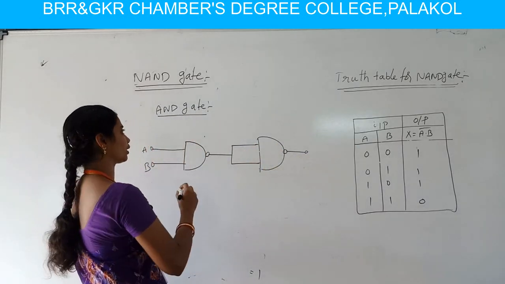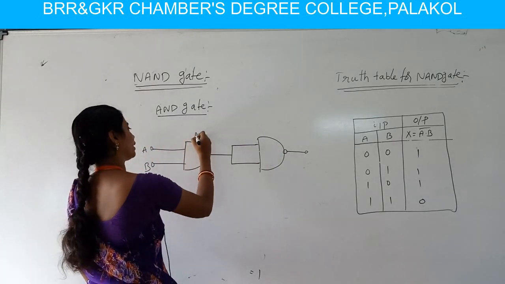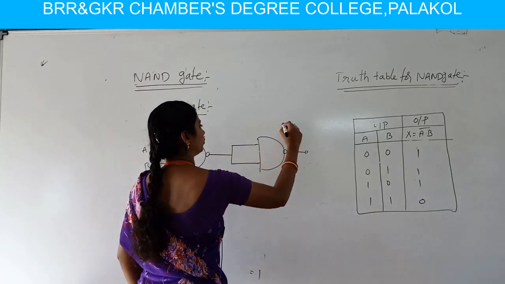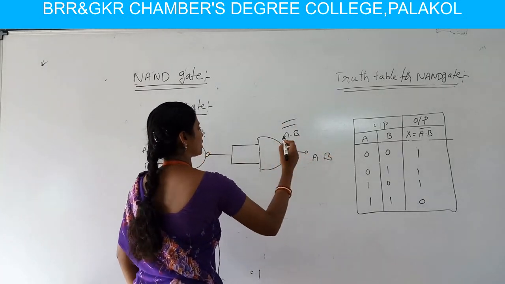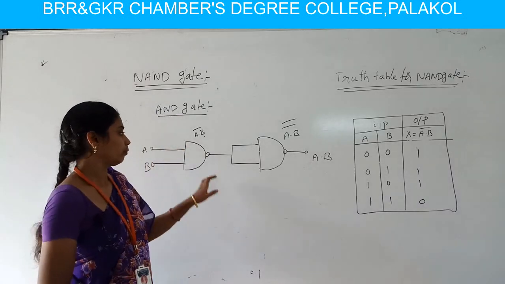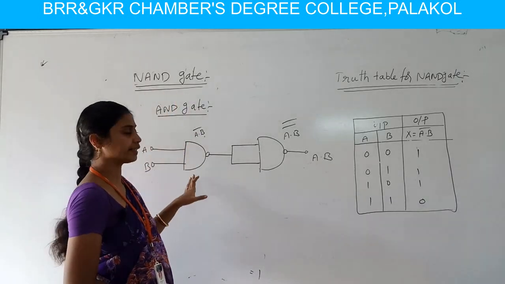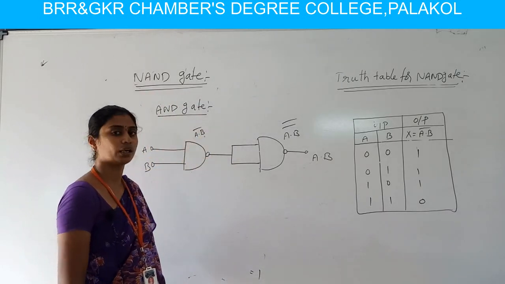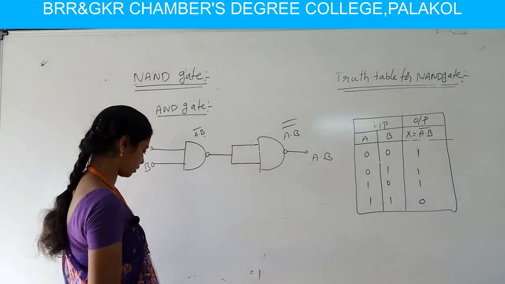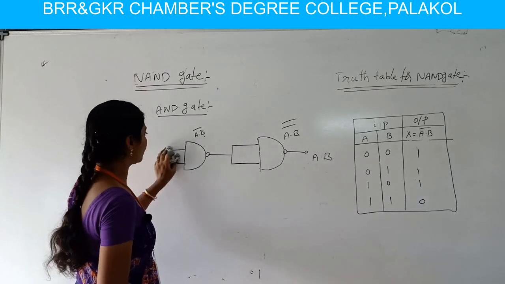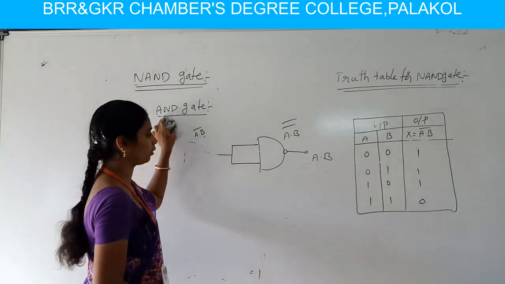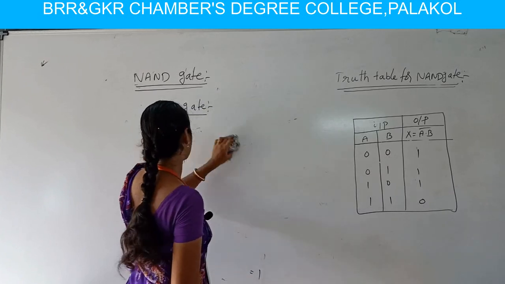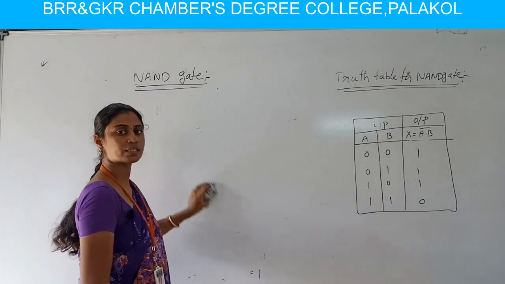In this manner, if we construct two NAND gates, we have A dot B whole bar from the first, and from the second we have A dot B. From this, by two NAND gates in series, we construct the AND gate. If we take variables 0 1, 0 0, or 1 0, 1 1, then we can prove the value for the AND gate. Hence we can conclude that from NAND gate, the AND gate is constructed.